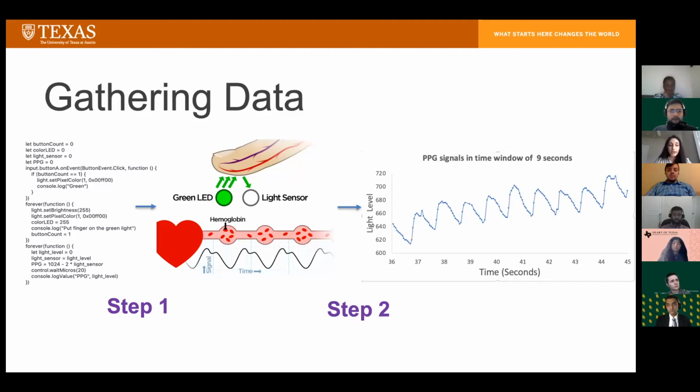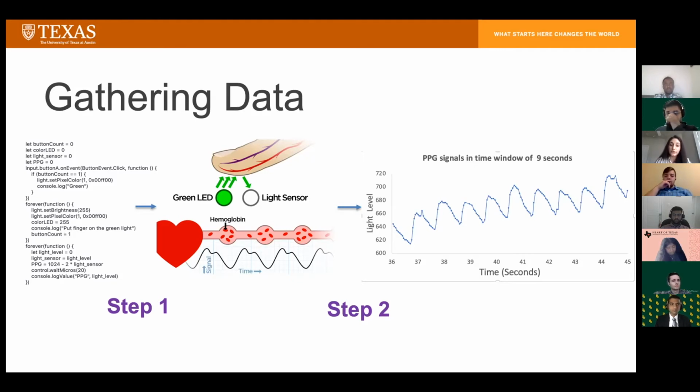Therefore, we only shine one light, and it's important to note that there are multiple types of lights, for example infrared lights, green LED lights, or purple lights. However, green LED lights show a higher amount of accuracy and absorption of light through fingers. Therefore, we use green LEDs, and we adjust the brightness to the maximum level of 255 when we want to work with the Circuit Playground.